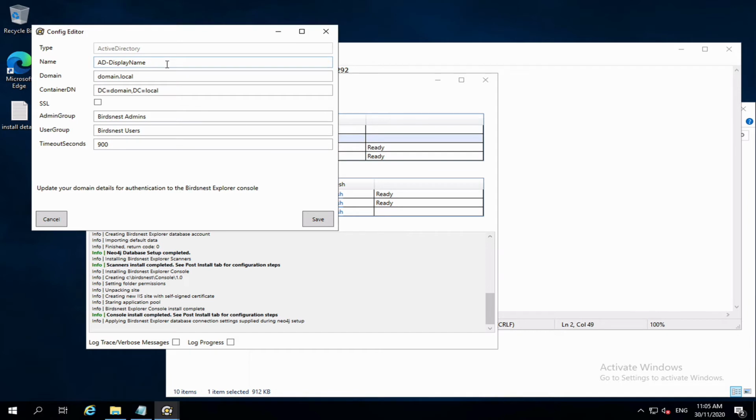So here we're going to set the display name that's going to show up in the console to identify this domain. We're just going to call that AD. We're going to set the domain controller, or the fully qualified domain name of the domain controller that we want to connect to, and the root of the search to find our